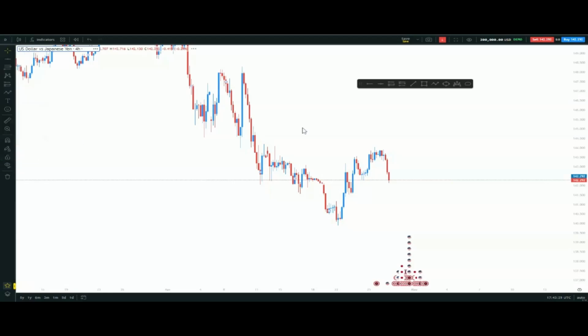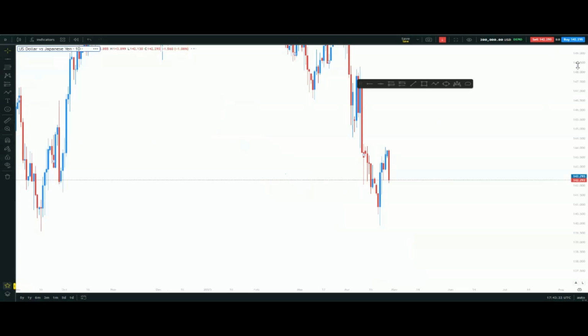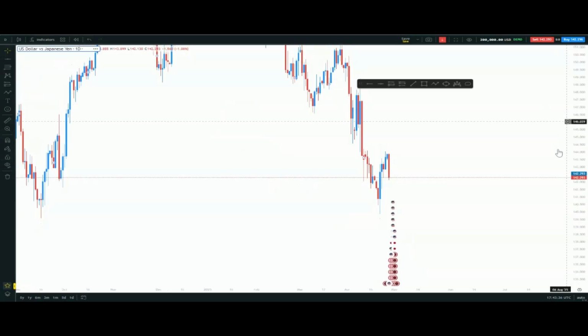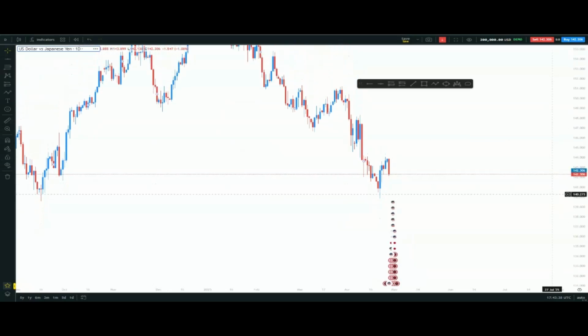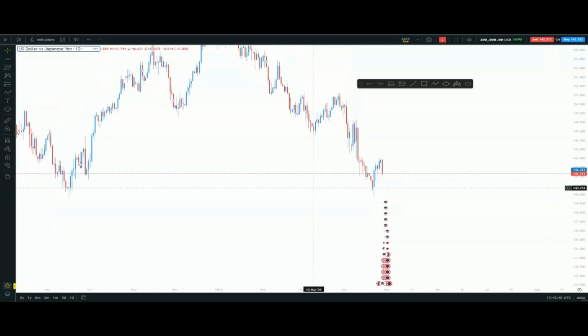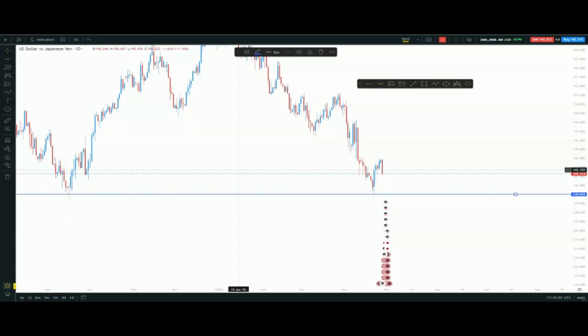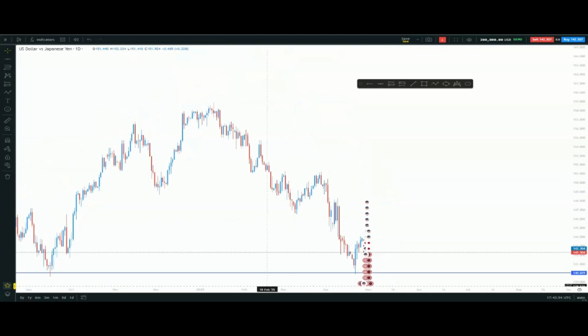Let's move on to the daily time frame. This you see here is the daily time frame, which is the broader market time frame that I use mostly. And then we're going to start by marking out the lows and the highs of the market. So this is the lowest point of the market right now, and then the highest point